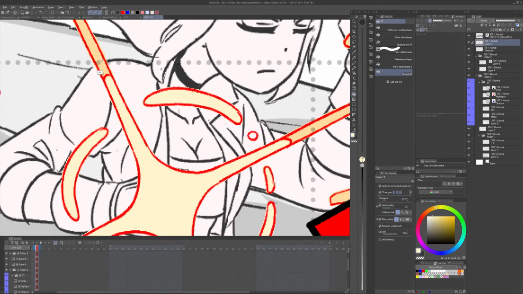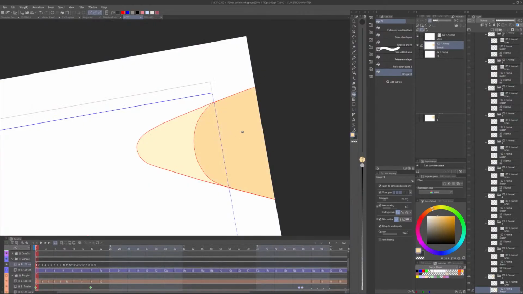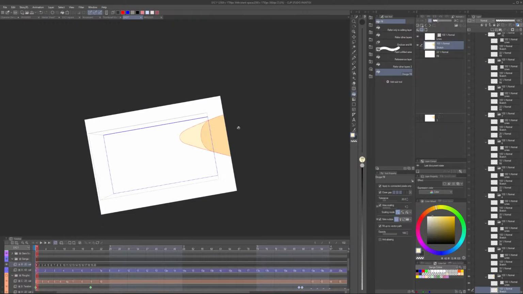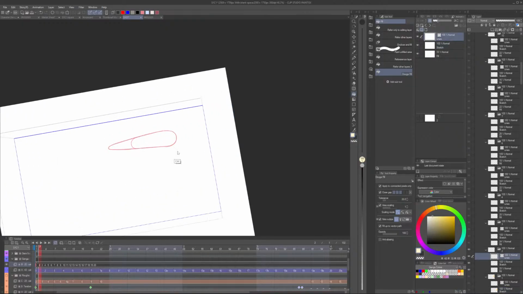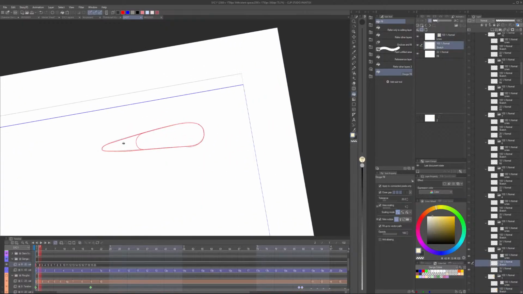Then I have this brown, not brown, but this light. So I have the light effects already established. Let's move on to